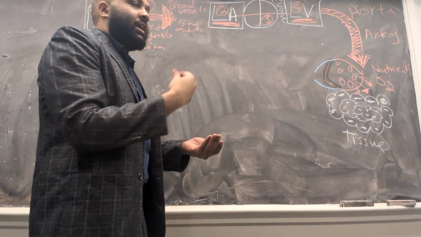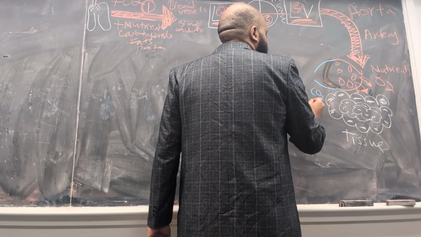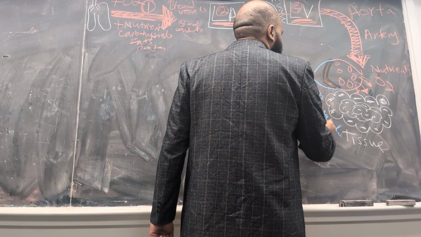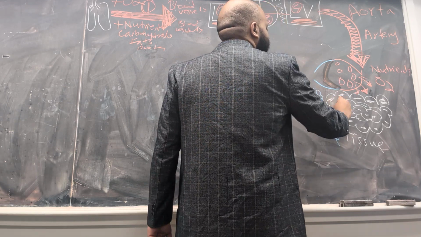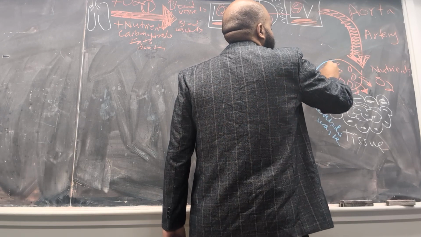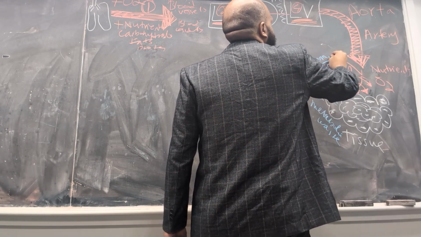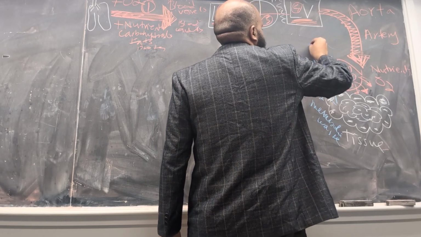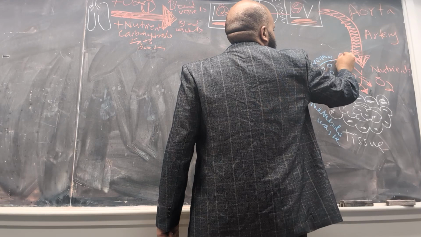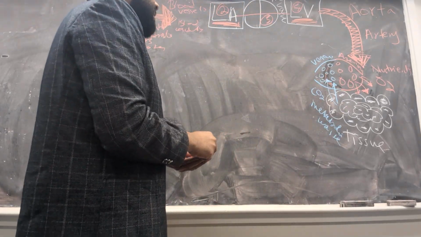And the tissue will use them, and all of the carbon dioxide, all of the metabolic waste is going to return back into the venous side. So this is the venous side of the capillary microcirculation, and this is the arteriolar side. And then the bad blood now is going to return